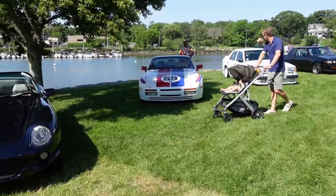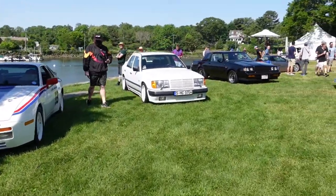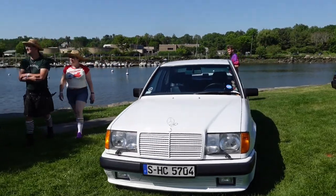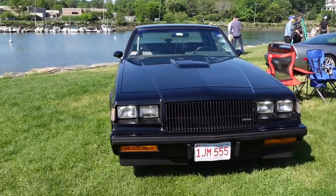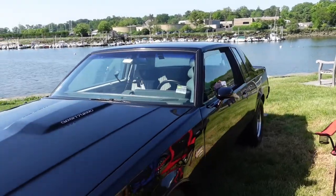This is a really cool Porsche 944 Turbo that I've had the pleasure of reviewing before. Right next to it is the cocaine white Mercedes-Benz. Really neat car. Enjoyed seeing it. And next to it, of course, we have the Buick Grand National. The music and the people were talking just over me, so I couldn't get much on the video that